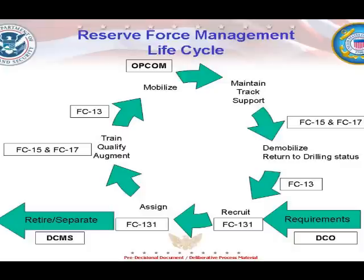Force Readiness Command isn't the only entity that will improve the total reserve experience. Since Deputy Commandant for Mission Support, Deputy Commandant for Operations, Operations Command, and Force Readiness Command are all equivalent commands, services provided by each will be streamlined and result in more efficient reserve force management. The image you see now depicts the complete life cycle of a Coast Guard reservist with value added by each